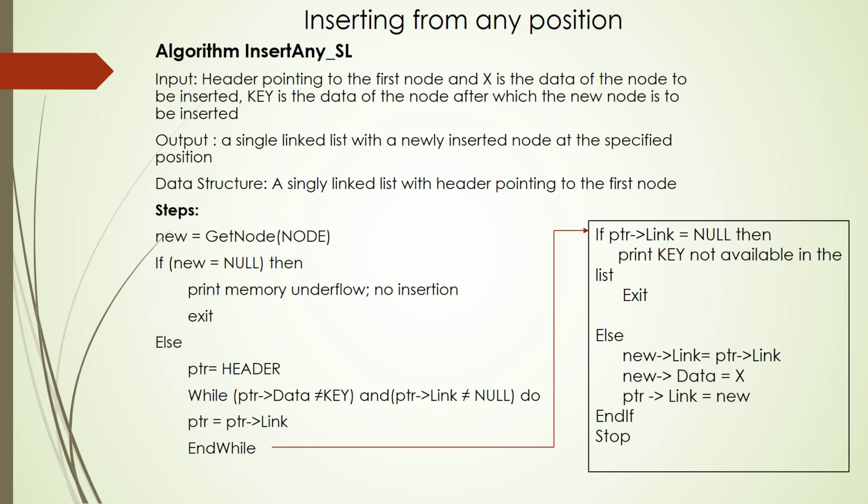As of now, we are dealing with all these operations on a singly linked list, but you can try doing it with a doubly linked list or a circular linked list or a circular doubly linked list or whatever. Okay, so let's move on with the algorithm. The initial steps remain the same. You have to find out whether new has a valid address or not. If it does not have a valid address, you can terminate the process. If it has a valid address, then you will go to the else part.